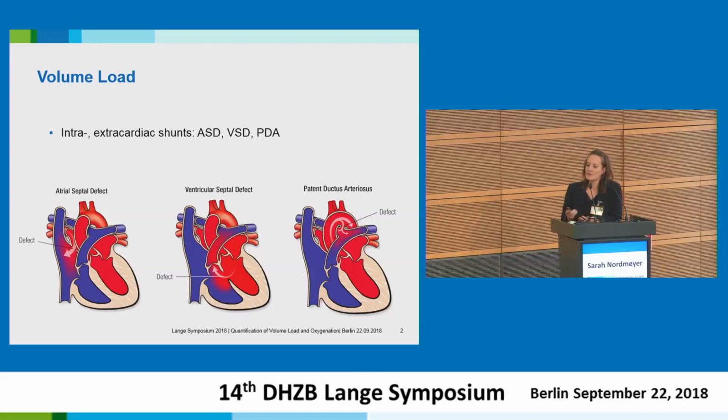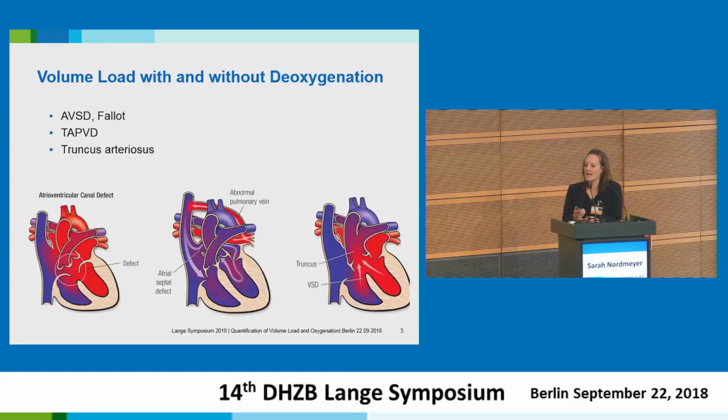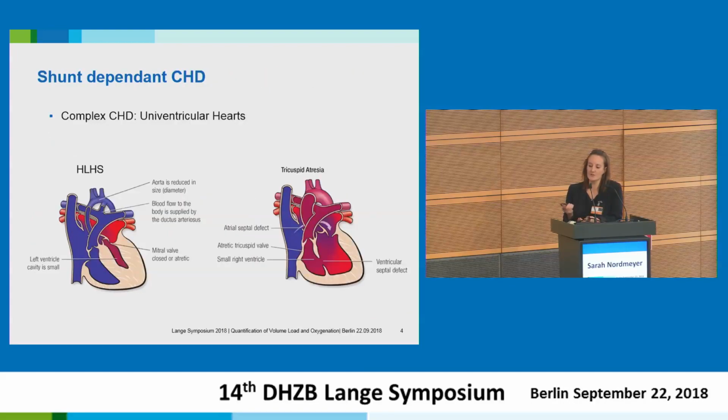So we have many reasons for volume overload in congenital heart disease, and we're going to focus during these 2 days on intra and extracardiac shunts: atrial septal defect, ventricular septal defect, PDA, or more complex congenital heart disease with volume overload and without deoxygenation: AVSD, tetralogy of Fallot, abnormal drainage of pulmonary veins, truncus arteriosus,